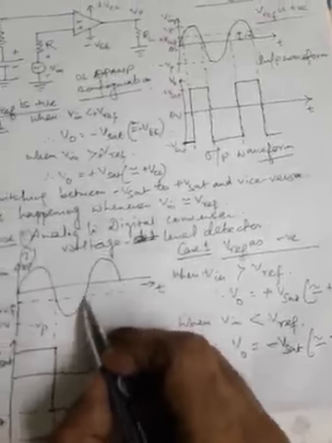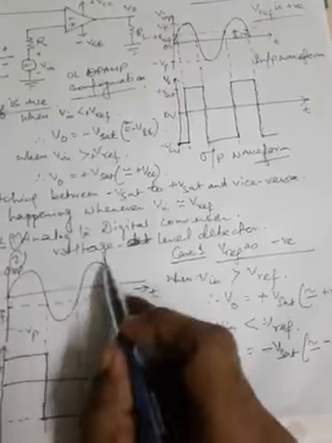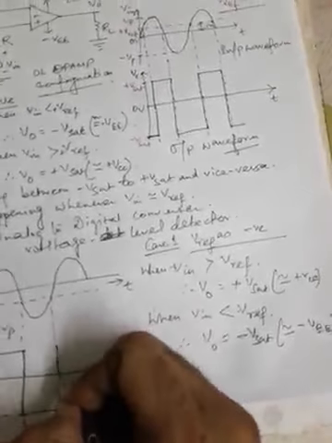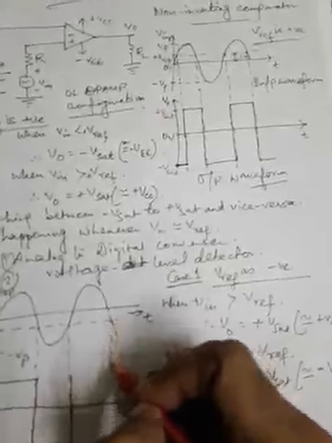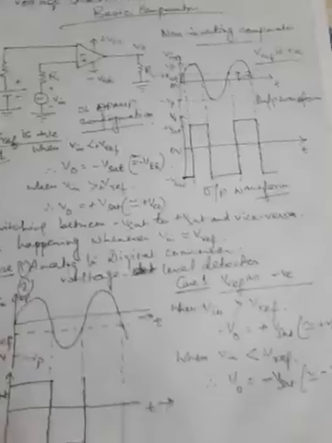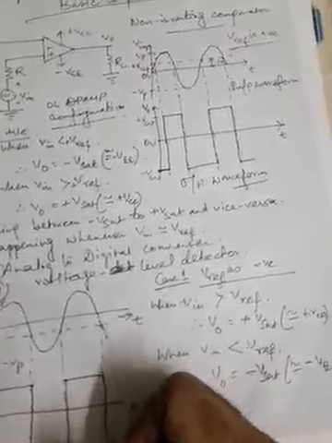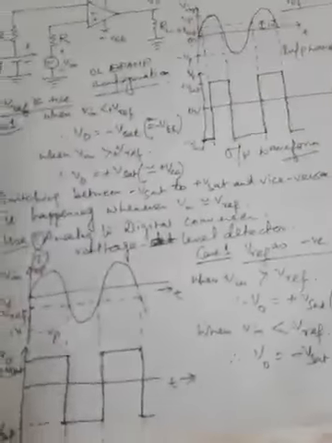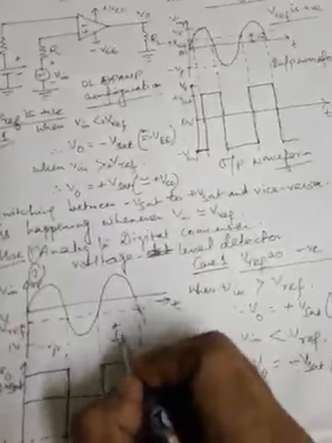Once again, when it is at this point, when V in is moving once again up past the V reference voltage, it will switch to plus Vsat, and it will maintain that until it is coming down here. From this point up to this point, it will maintain like this, and it will switch down to minus Vsat. So in this way, this is our input waveform here